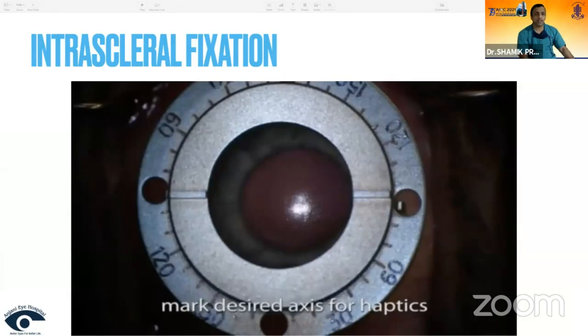Moving on to intrascleral fixation techniques, we routinely use the glued technique, which was started by Dr. Amar Agrawal from Chennai, and he mastered the technique. He has brought it to the world, and it's been used quite a lot in the past few days. But then there is a newer technique which has come up, which is the flange technique, which would be mainly discussed by Mandar after I finish my talk.